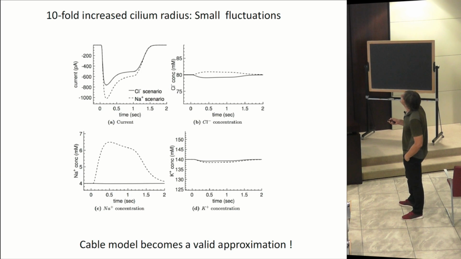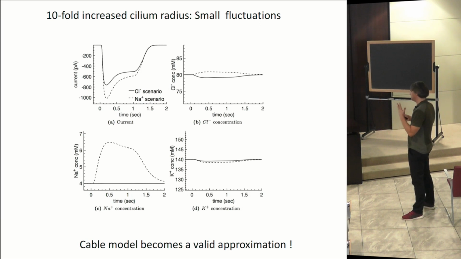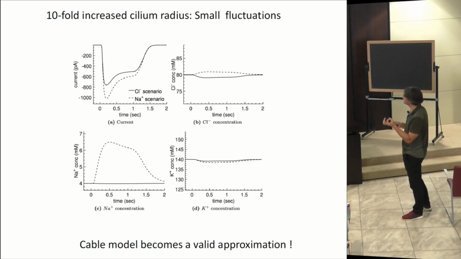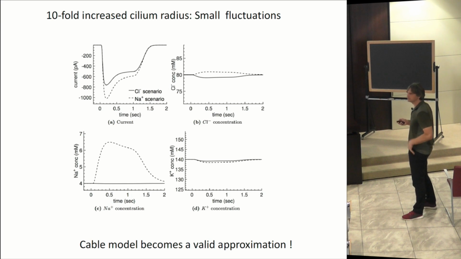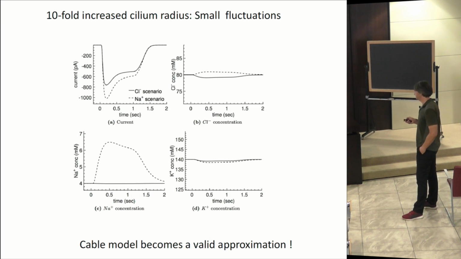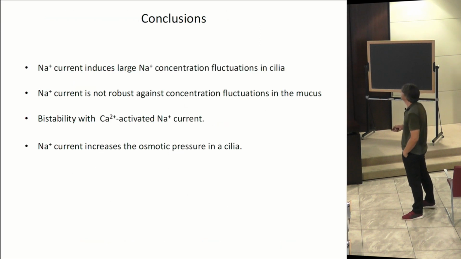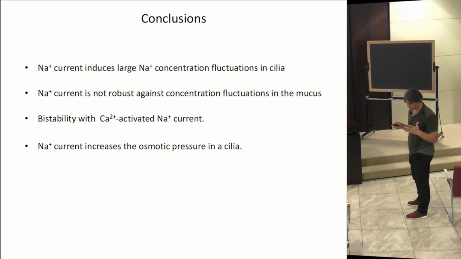But even with, let's say, five times higher current, you can see that the concentration changes are very little. So in this scenario, where the cilia would become the size of an axon, a cable model where you can assume that the concentrations are constant would be a valid approximation. So to conclude, I showed you that there's a big difference between sodium and chloride